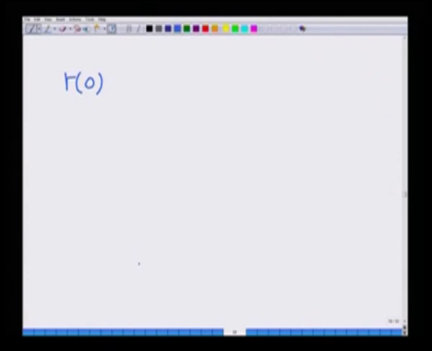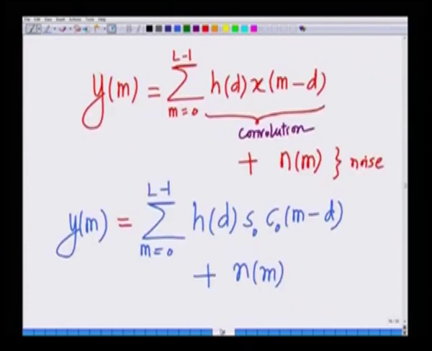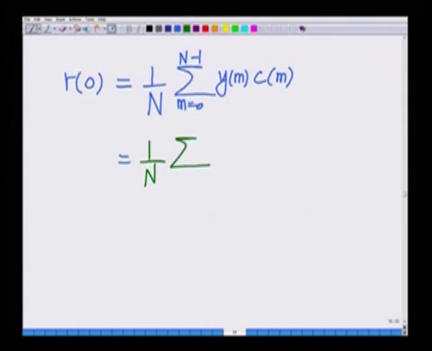This is the received statistic, correlating the signal of user 0 with the code of user 0 with 0 lag. Hence, I will represent this as 1 over n summation m equals 0 to n minus 1 y of m into c of m. Remember, we derived an expression for y of m, which is h d s0 c m minus d plus n of m. So, this is nothing but 1 over n summation m equals 0 to n minus 1